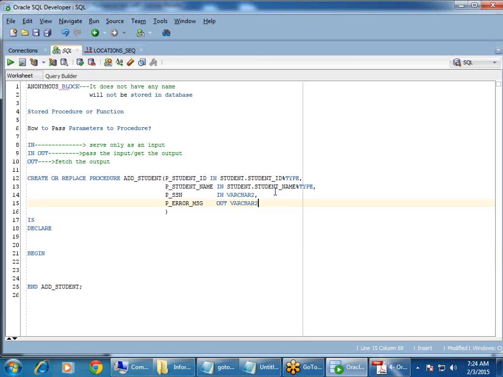So error message, which I will assign it. So let's see now how we can handle it. Okay, so in the declaration section, I don't think I need any other variable to proceed with this. Here in the begin block, I'll write a statement saying insert into,